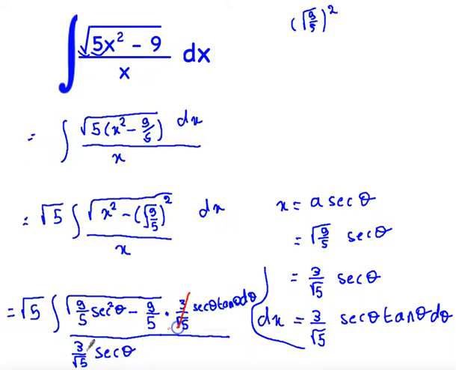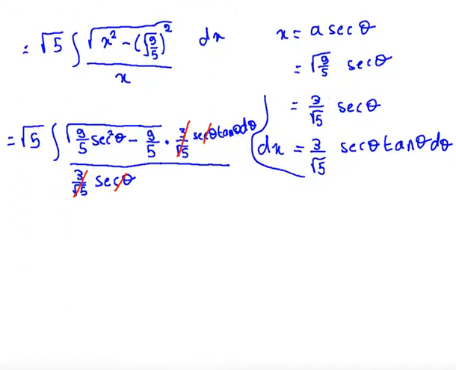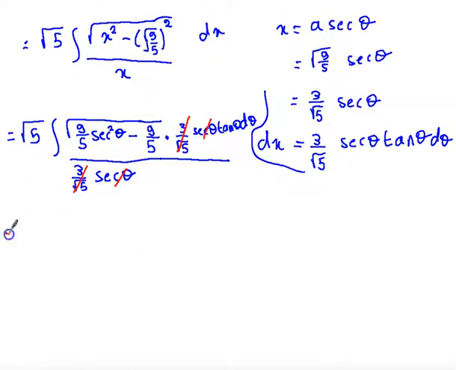Now 3 over radical 5 drop, and secant theta drop, so we will have radical 5